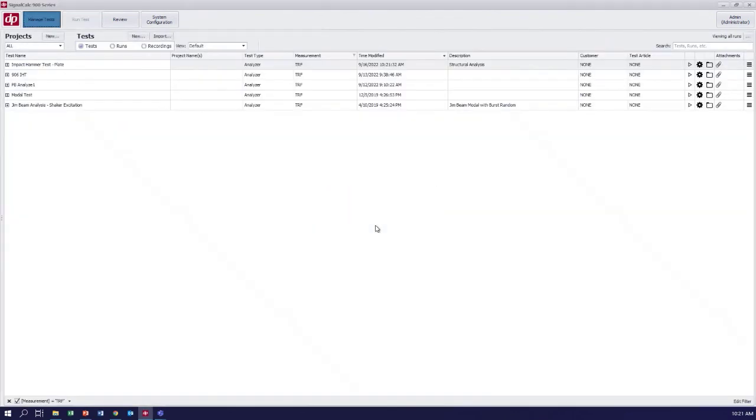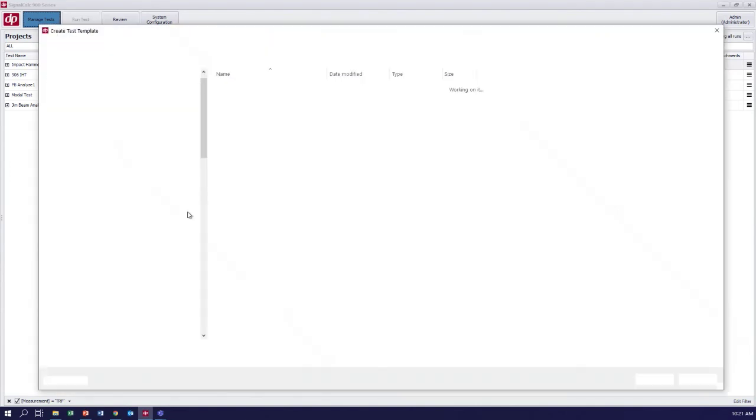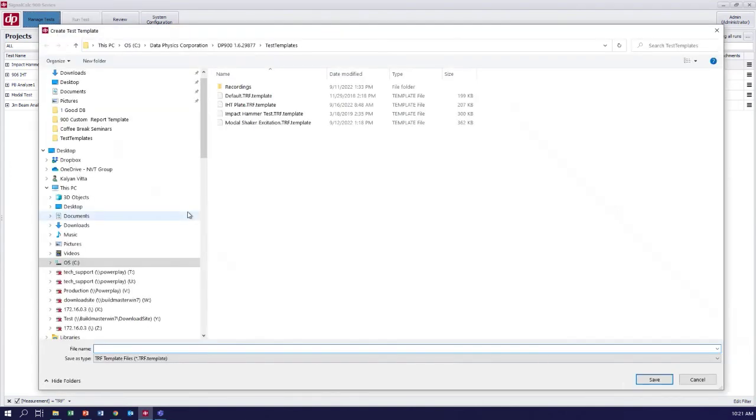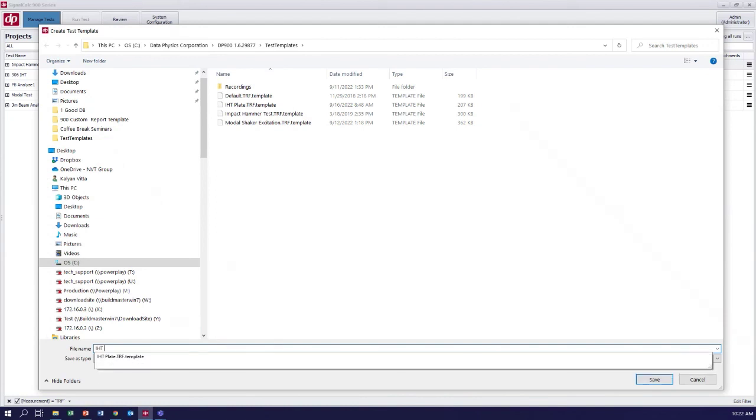I'll simply close the setup, and now I right click on it and save as template. So the summary is, anytime you want to make a test a template, right click on it and give it a name. So in this case, I can say impact hammer test